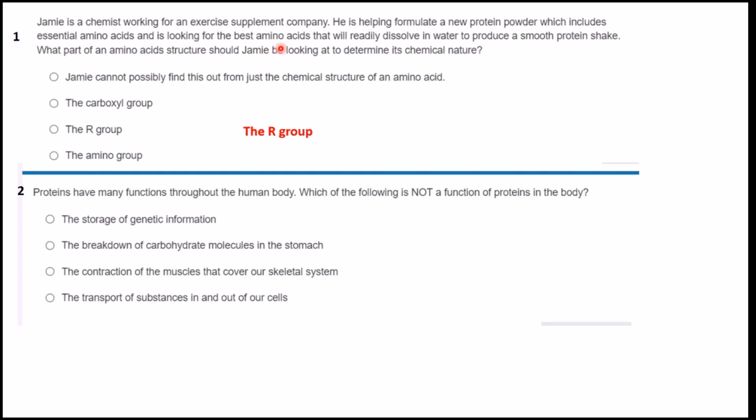But I'm saying, muscles are built up from proteins. So you would also eliminate the contraction of the muscle, because it won't fall under the category of what we are looking for, because if it's built up from protein,